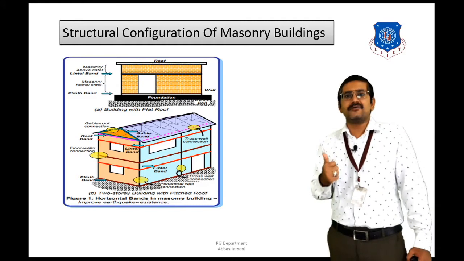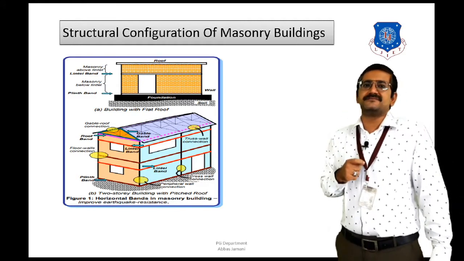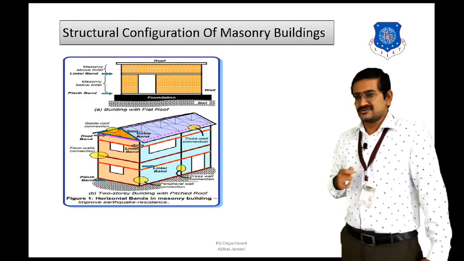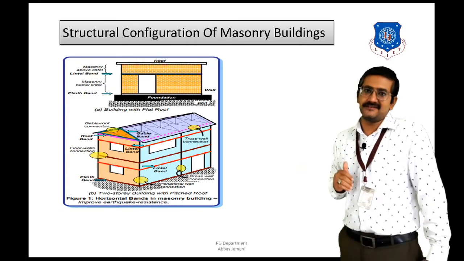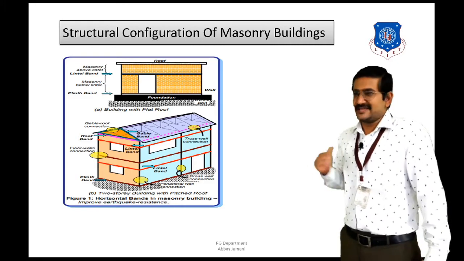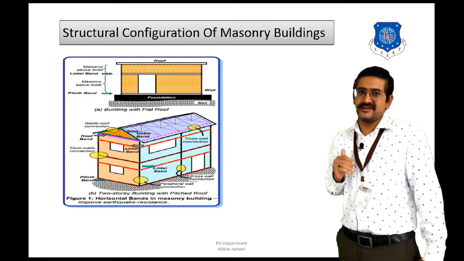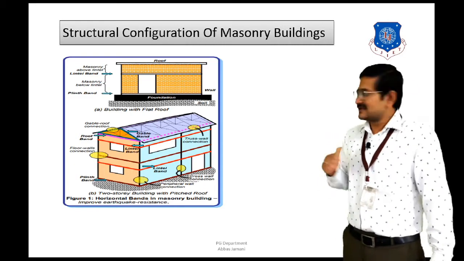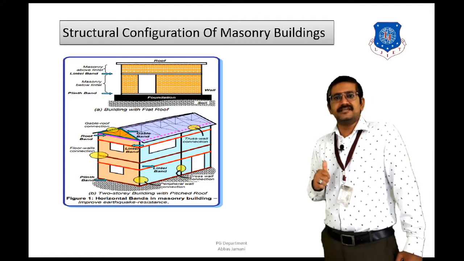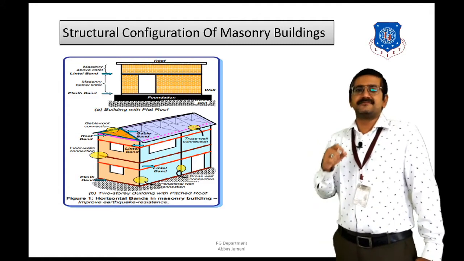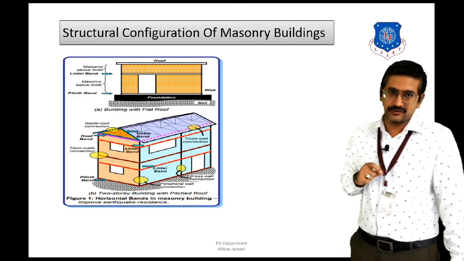Right? So now, as I said, depending upon the location of these bands, they have been named accordingly. So if I talk about the plinth band, then the plinth band is located at the plinth level, and that is why it is known as the plinth band. Then there is lintel band, which is located exactly above the opening of door and window, and that is why it is known as the lintel band. Then one more band is provided at the roof level, which is known as the roof band. And if the building is pitched roof, then in that case gable band is also going to be there.